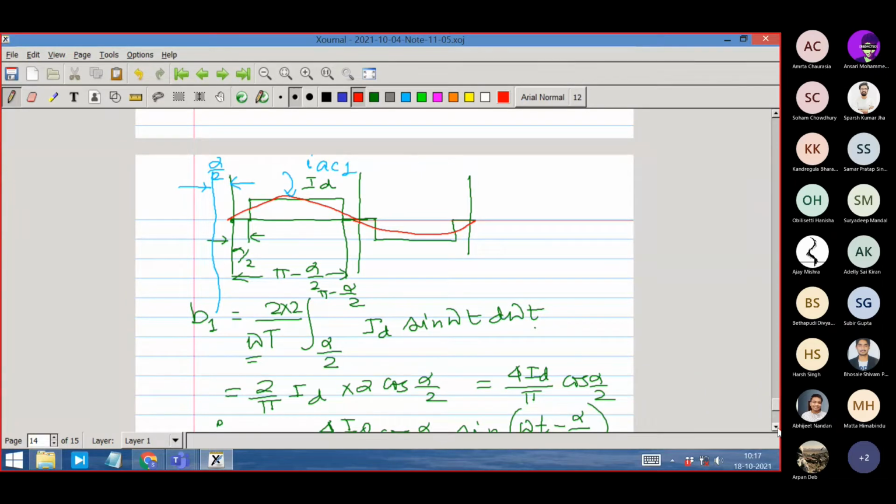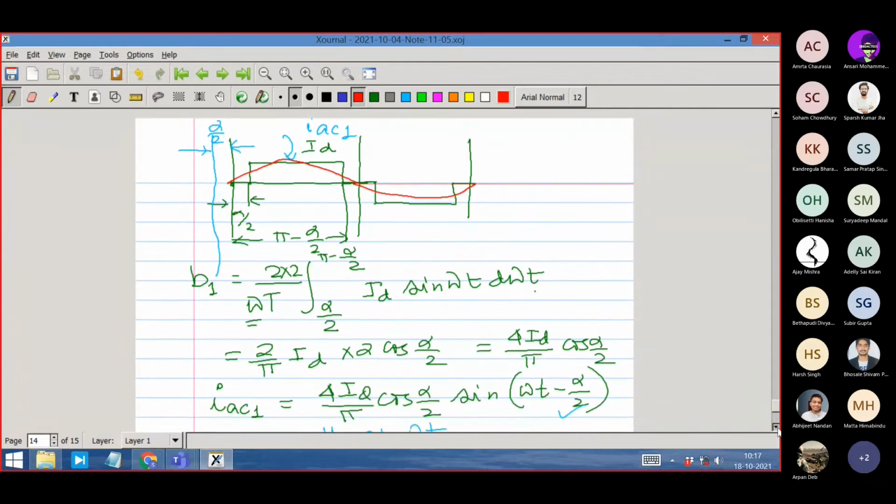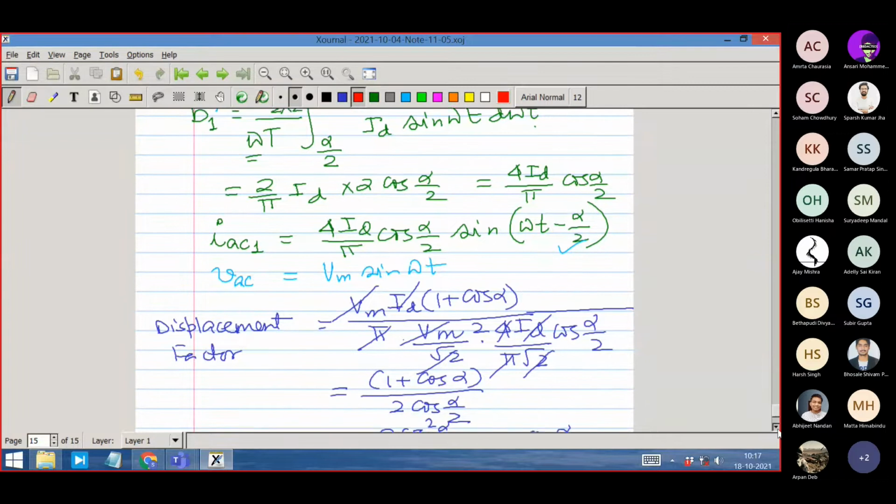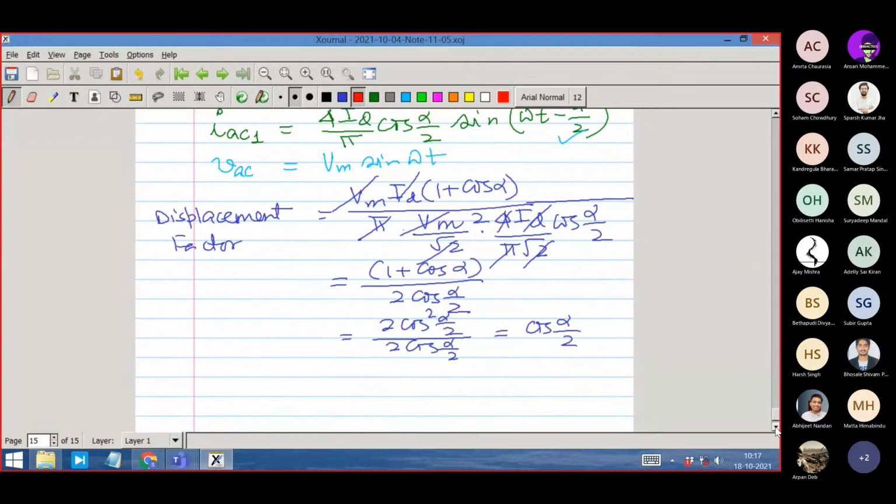In the earlier case, when it was a full bridge thyristor converter, the fundamental component of current was shifted by an angle alpha, right? So since we have got that, we can find out the distortion factor and the power factor, etc. No issue. In order to find out the power factor, you have to find out the RMS value of the current. Okay, so you have to find out I AC RMS. This was the fundamental component RMS, but here it is the I AC RMS.